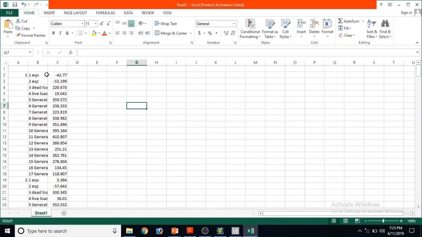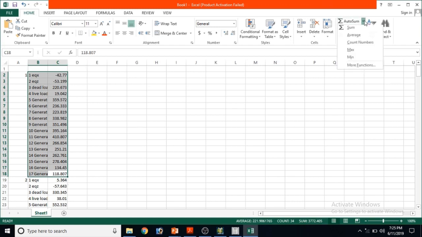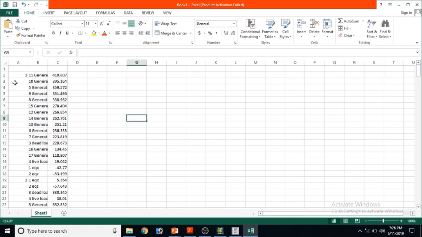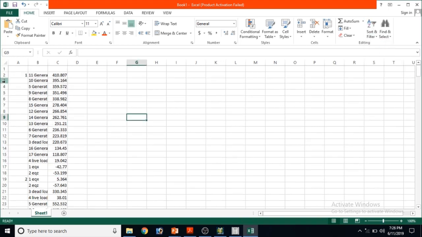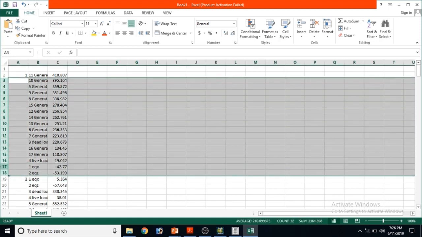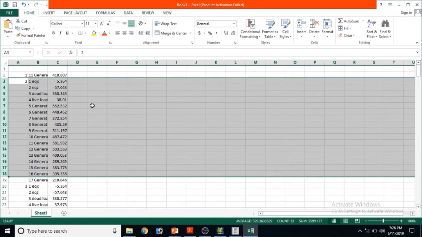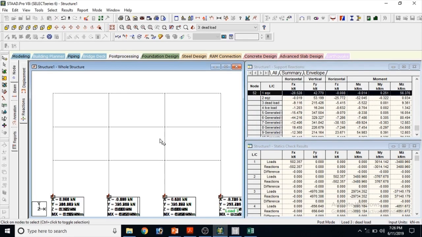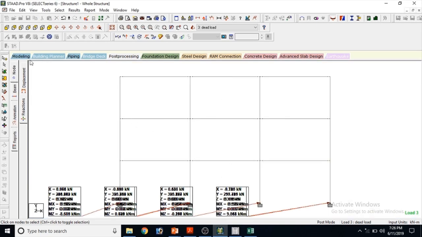Okay, now select from here and sort from largest to smallest. So delete all that one, delete. Like this you can do for node. This is for node 1, node 2 you can do. Node 1 maximum is 410. So like this, if you want to check our nodes,